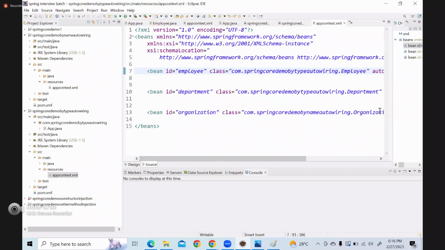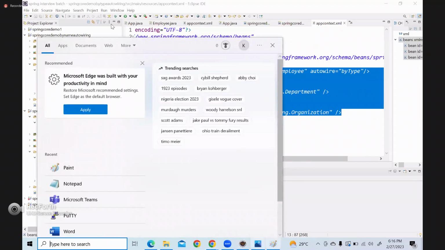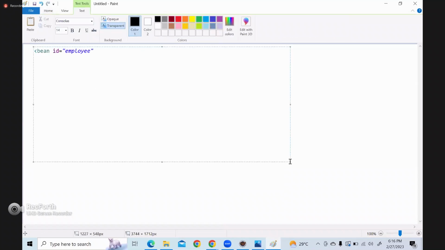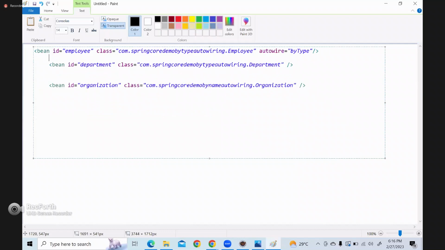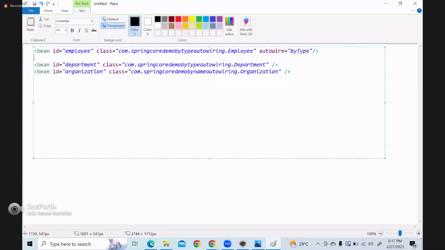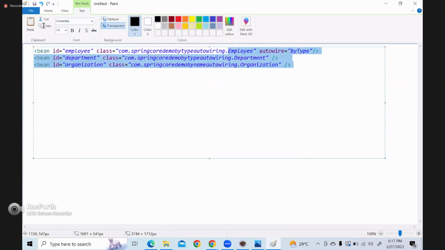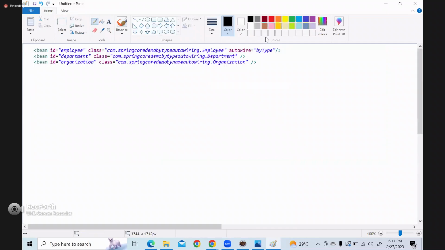So what this will do is, now, autowire by type, what it will do is